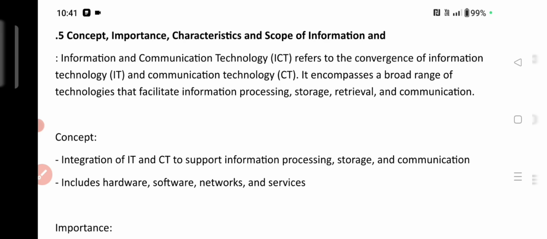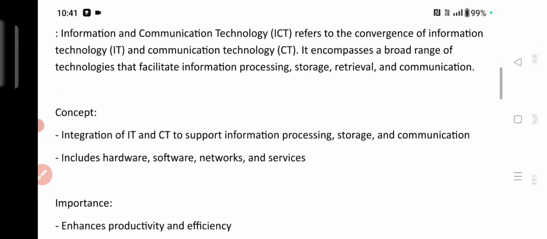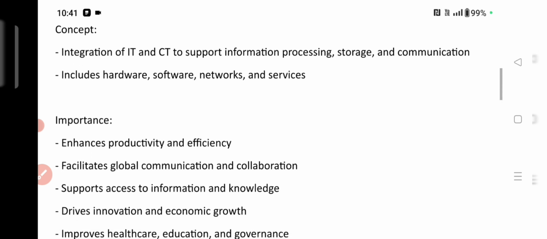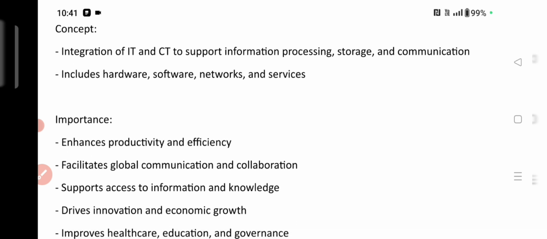We have learned previously that information technology and communication technology, both included, are called ICT. It encompasses a broad range of technologies that facilitate information processing, storage, retrieval and communication. The concept is the integration of IT and CT to support information processing, storage and communication. It includes the hardware,